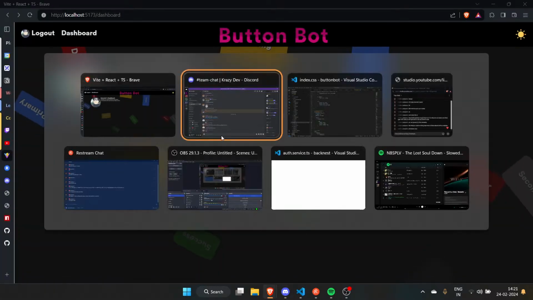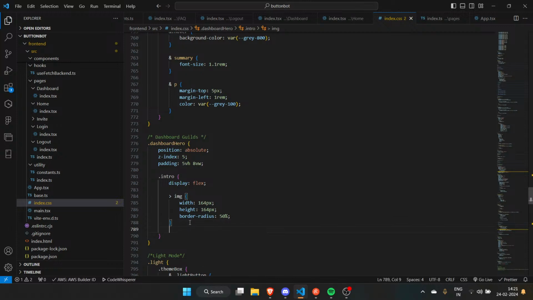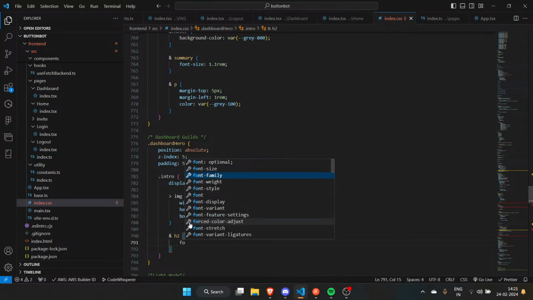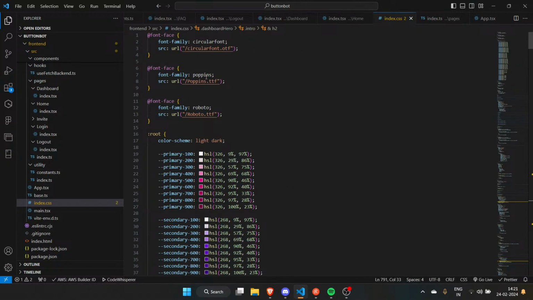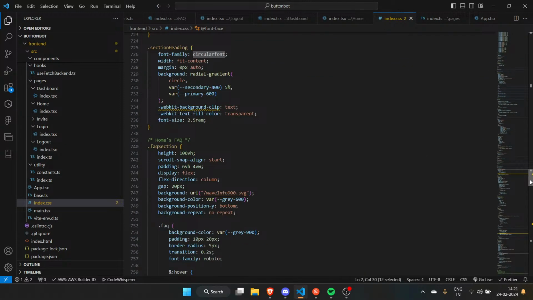Okay. Anyways, you have to worry about the H2 in here. So H2 can have a font family of Roboto, if that's how we spell it. I cannot spell my fonts, man. What's wrong with me? Circular and Roboto. I'll do circular and Poppins, to be honest.